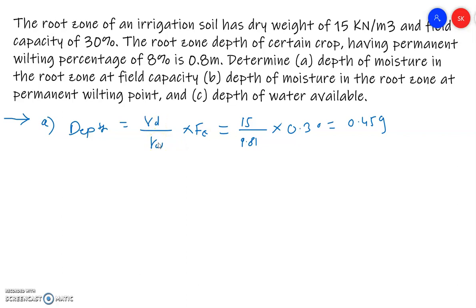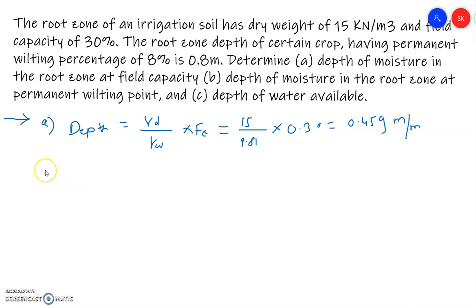Now if you see this, if we divide gamma d by gamma w, the unit will get cancelled and we are getting this value in percentage only. So it will be in percentage, but it won't be percentage, it will be meter. Why is it meter? Because we are calculating for per meter depth. So for per meter, this much of the depth will be there, meter by meter again gets cancelled. So 0.459 meter is the depth of the moisture in the root zone at field capacity, that you can convert as 459 mm per meter as well.